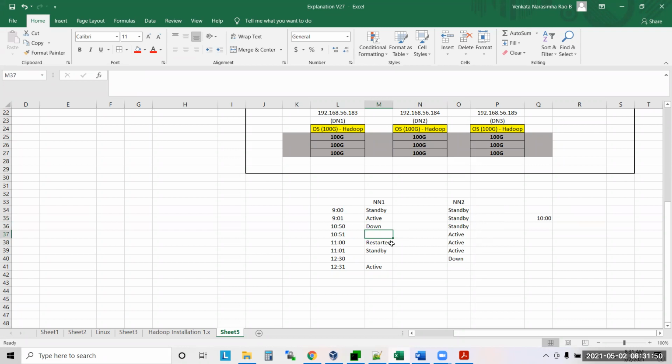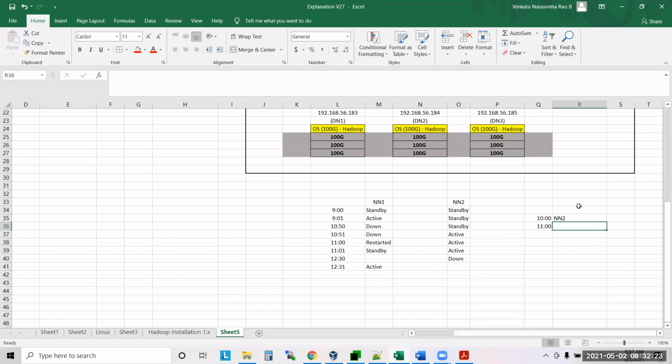Now this one is down. Now at 11 o'clock, who will do the checkpoint? At 10 o'clock, NN2 will do the checkpoint. At 11 o'clock, who is active, sir? Name node 2 is active, but is anybody standby at 11 o'clock?